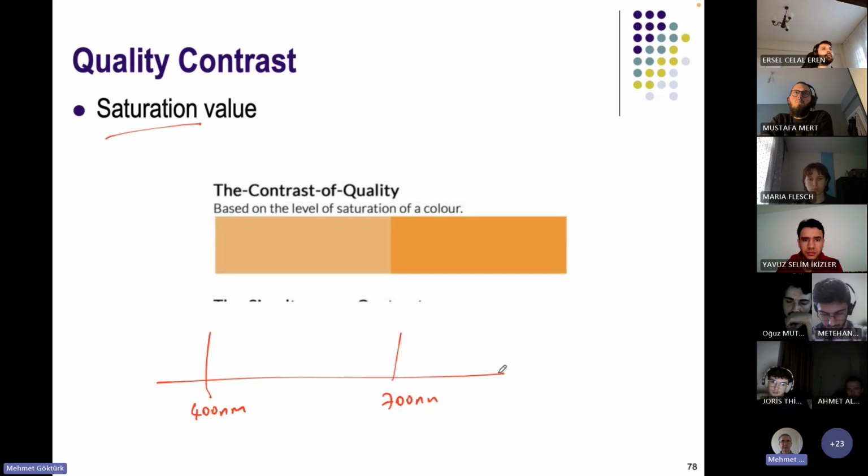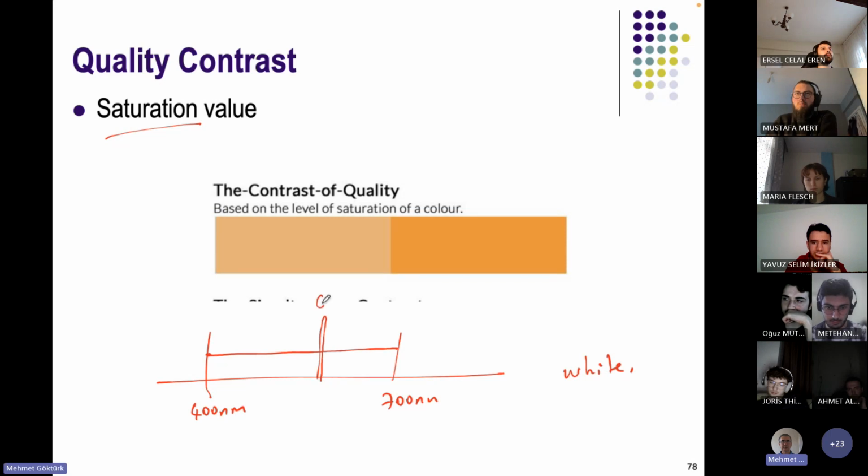This is what we see. If you have this, technically, normally it's not flat, but let's say technically this is white. If you have something like this,